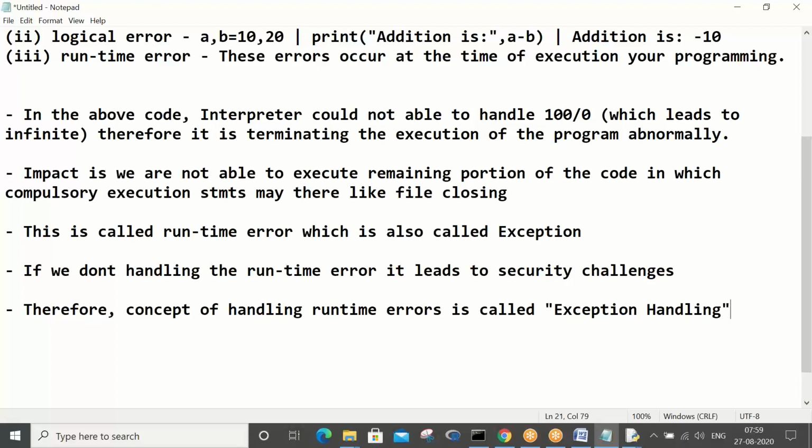So you understood now basically what is the concept we are going to explore. Since the interpreter is failing in execution of your logic properly, it is going to jump. So you should ensure that, hey interpreter, don't go away, wait, I will make you execute the entire program. So that is what you are trying to train your interpreter. That is the concept of exception handling.